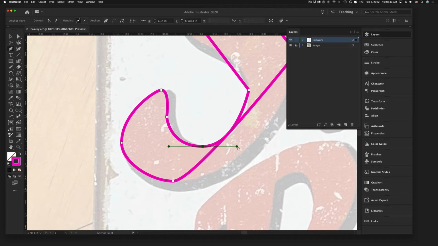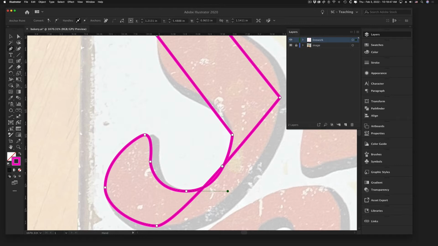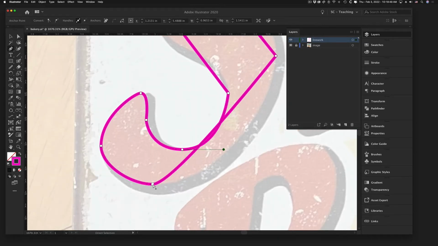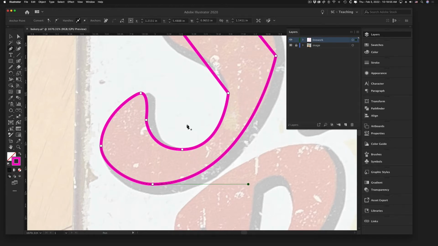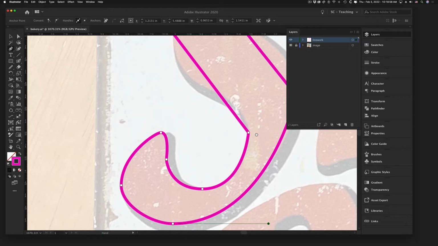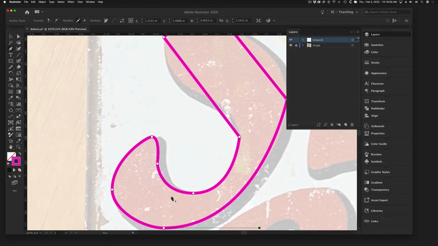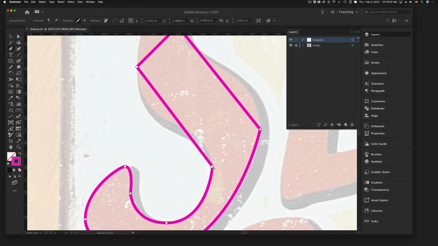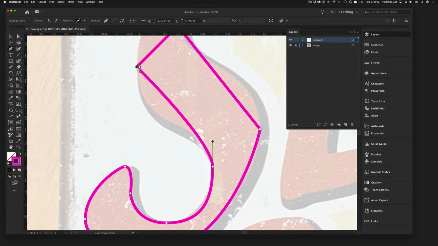So Option, Shift, that's pulling it in to match that curve. It's looking a little crazy right now. Let's come back down to this one. So Command, Option, temporary access. We'll just pull that out of the way so we can see this curve. Okay, we're going to go back and fix a lot of this stuff. I'm just laying down everything real quick. Option, dragging in the direction that we were going. This one,